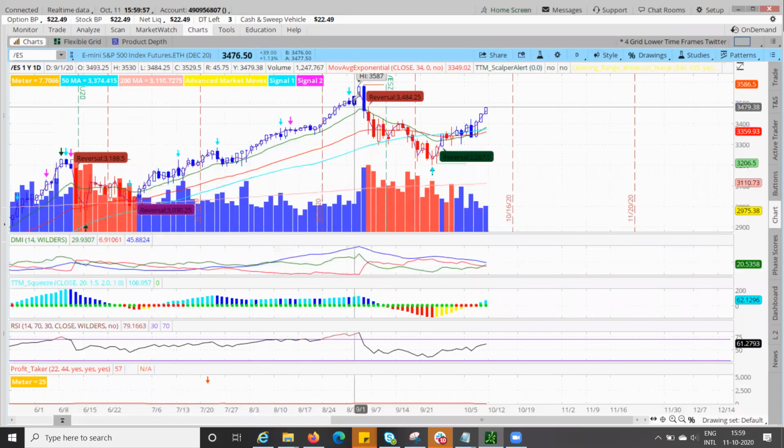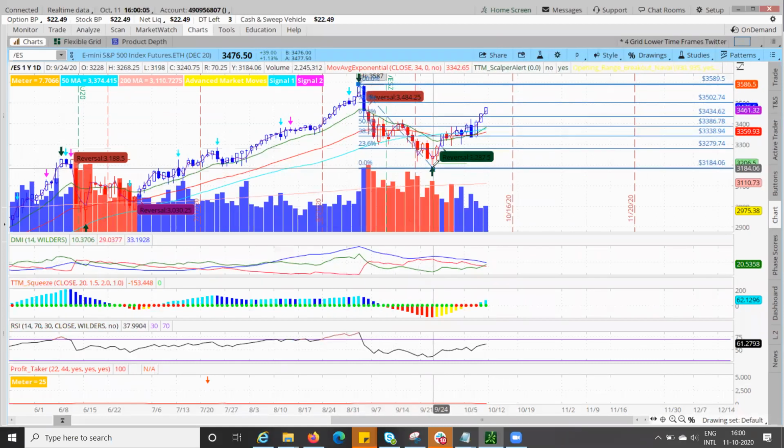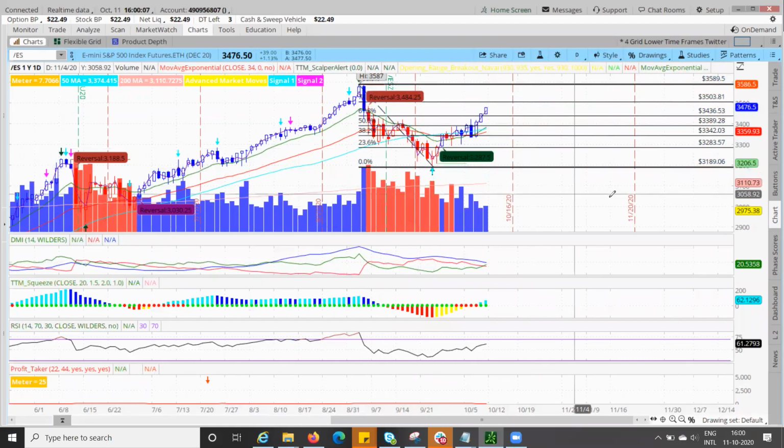You have to find, let's say here, because this was the highest point and this was the lowest point. So we'll start from the highest point to the lowest point, and there is your resistance and your level. Fibonacci plays a very important role in the levels and in your direction.